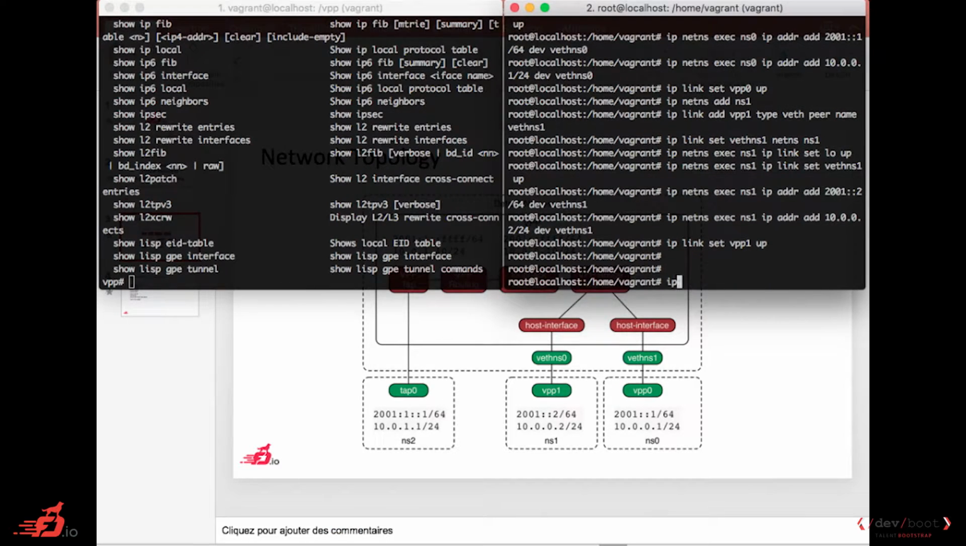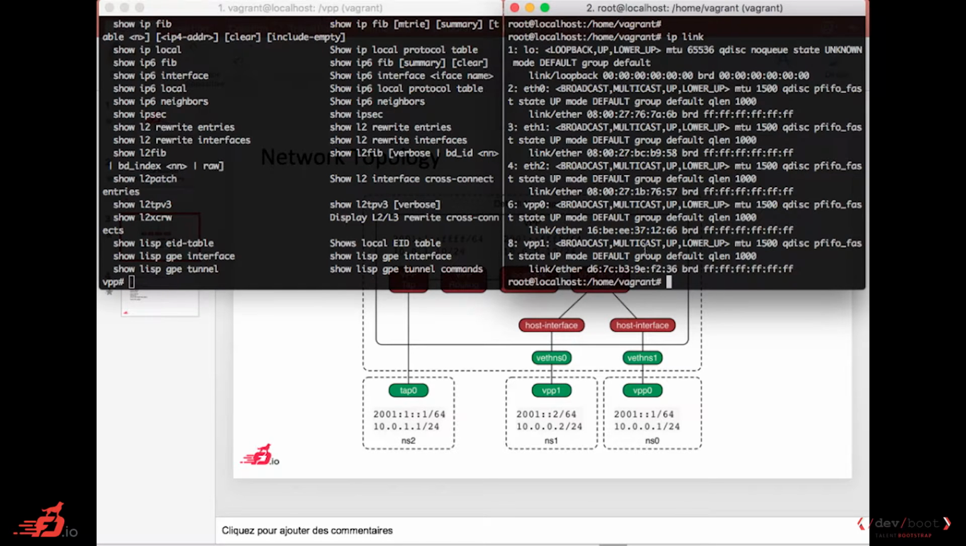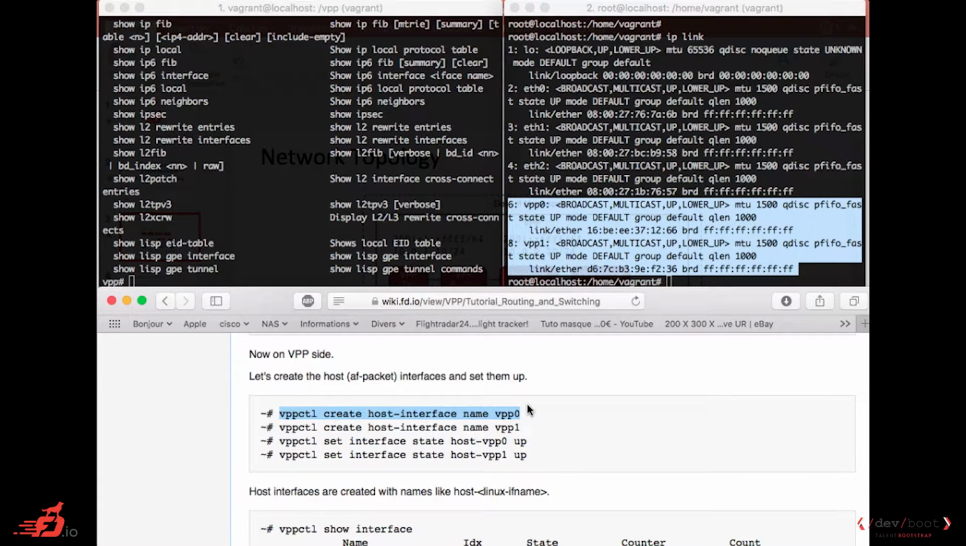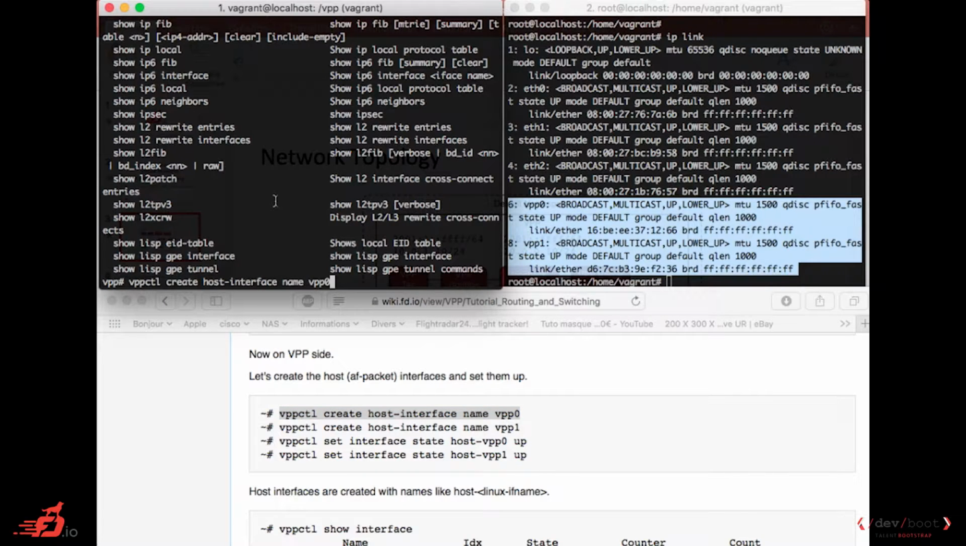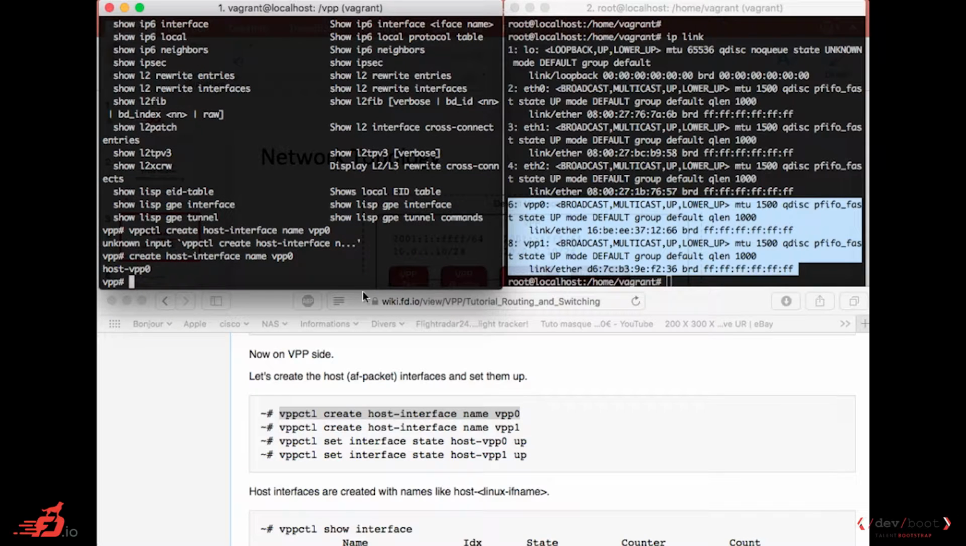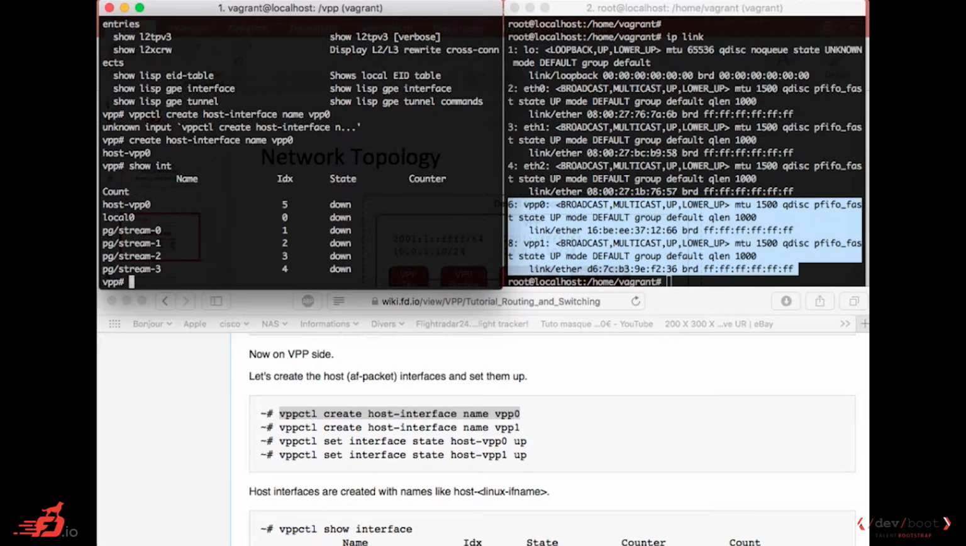So actually, if we just do an IP link, we can see those two interfaces, VPP0 and VPP1. They are here, in the default namespace. So when we do vppctl create host-interface name vpp0, no vppctl for me, because I'm already there. Up, create, and now if I do show int, I have